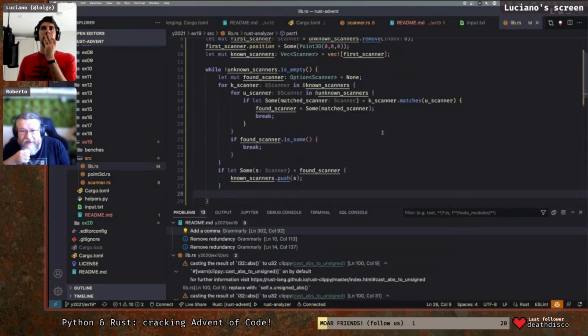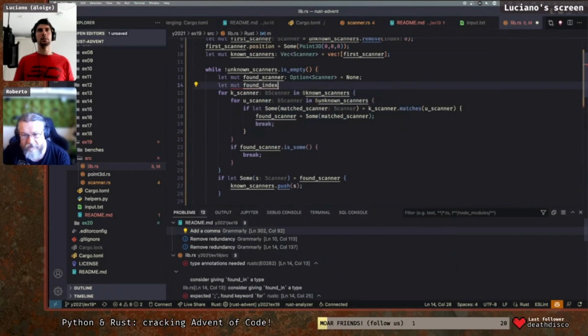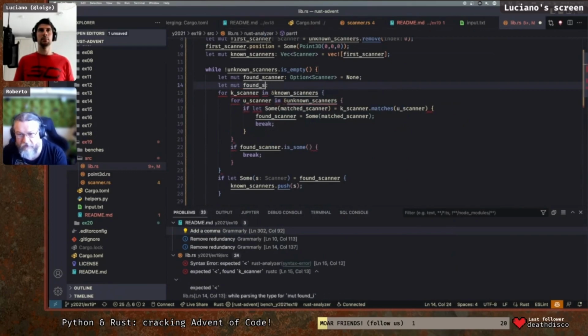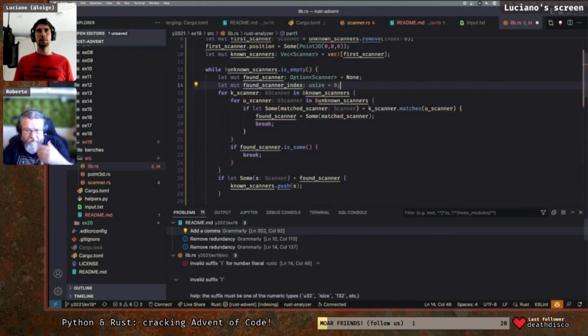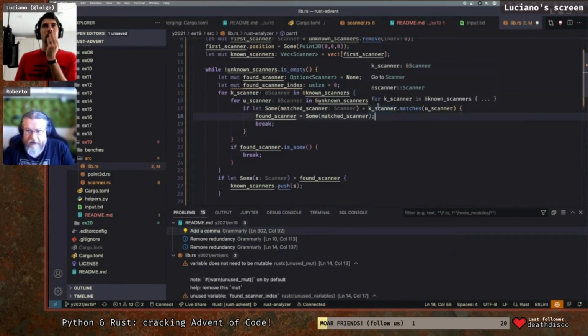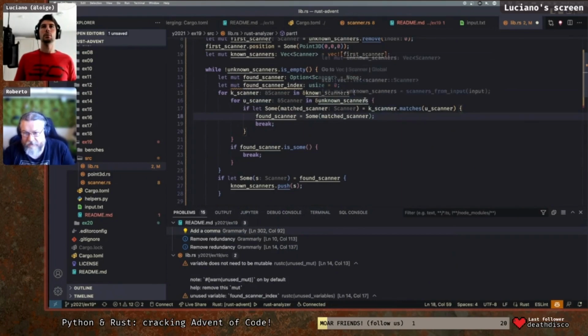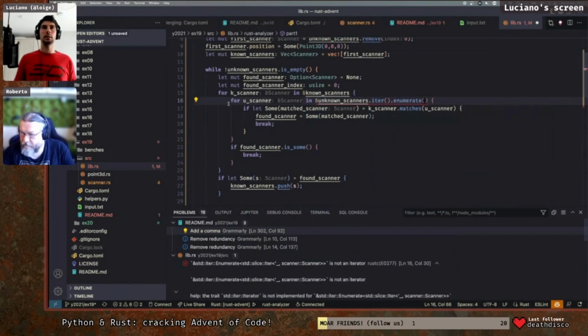So do you want to iterate? That's a problem. In line 15, do you want to loop with an enumerate and keep the index of the element we need to remove? Okay, so here we need to say let mut remove_index, found_index equal -1 or found_scanner_index. And it's a usize, and initially is what? We use found_scanner as a flag, so it can be 0. Exactly. And how do we get the index? You have to enumerate in line 16. Yeah, we need to do .iter().enumerate(), and this is going to give us,